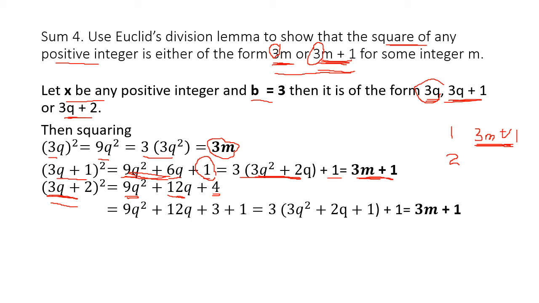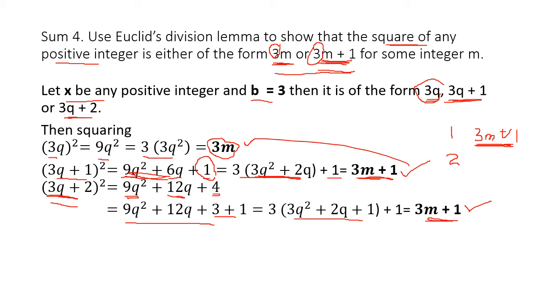Now I have written 4 as 3 plus 1. So writing 4 as 3 plus 1, the first 3 numbers are multiples of 3. So I have taken the 3 common, and which form did I get? 3m plus 1. So which form can you see? It's either 3m or 3m plus 1. The remaining two are in which forms? 3m plus 1.